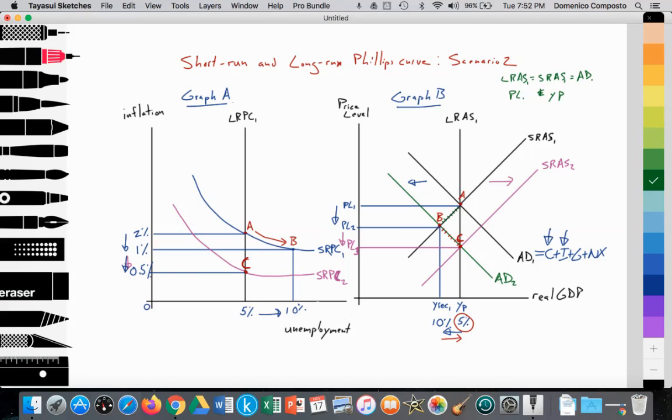In graph A, that translates to an intersection between the long-run Phillips curve, which is equal to the short-run Phillips curve, at point A, providing an inflation rate of 2% and an unemployment rate at 5%, again, at that natural rate of unemployment. As a result of the COVID lockdown beginning in March 2020 for many developed nations, households were